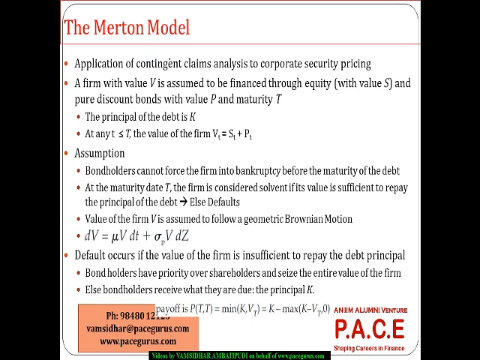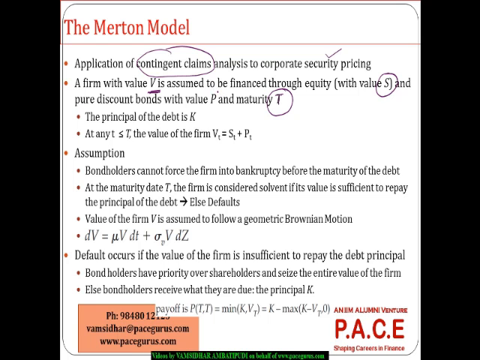So as I have already pointed out, it's an application of contingent claim analysis to corporate security pricing. So what is happening here? I'm taking a firm whose current value is V, and I'm assuming that there are two sources of financing here. One is equity, which has a value of S, and pure discount bonds, meaning single maturity,